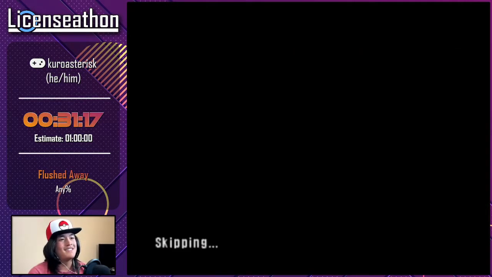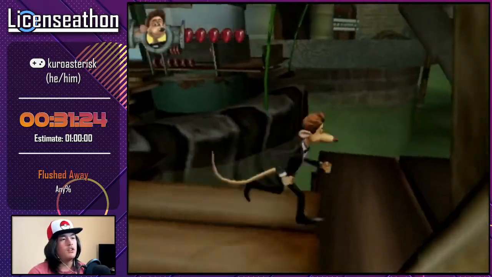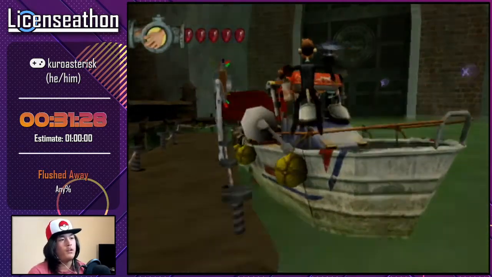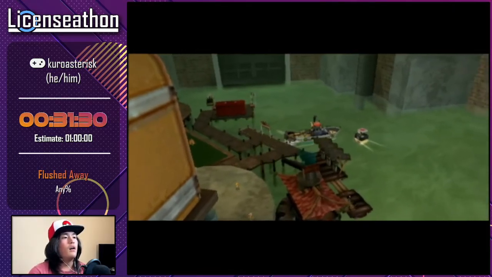This goes by fast. So Flushed Away as a game, it progresses linearly, and it has indiscriminate progression. It doesn't check what level you beat, it just knows to move on to the quote-unquote next level. Because of that,